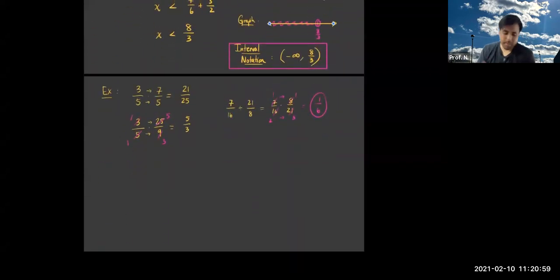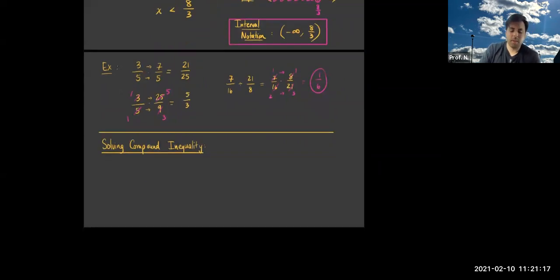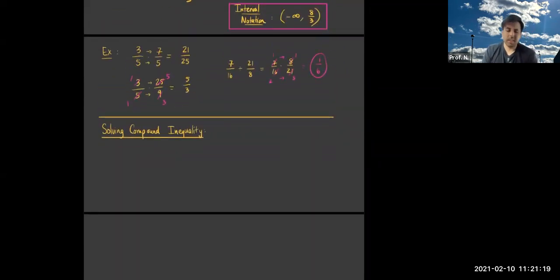Now I want to direct my attention to solving compound inequalities. So this word compound immediately indicates that there's more than one. So when we have compound inequalities, we have more than one inequality. Essentially, we're only going to be solving two inequalities at once. So for example,